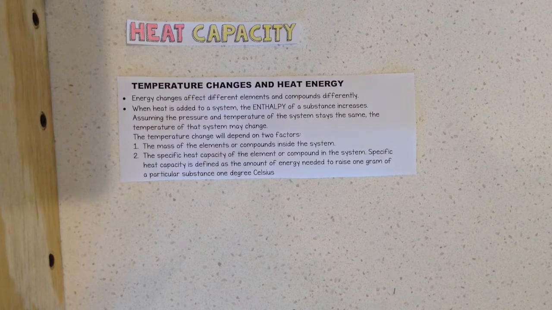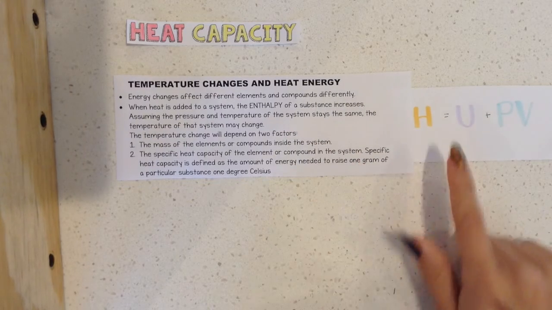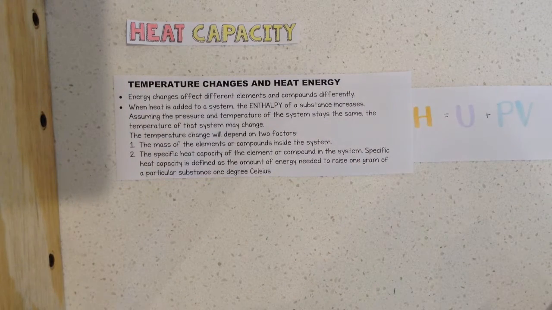Energy changes affect different elements and compounds differently. When heat is added to a system, the enthalpy of a substance increases. Assuming the pressure and the temperature of the system stay the same, the temperature of that system may change. The temperature change will depend on two factors: